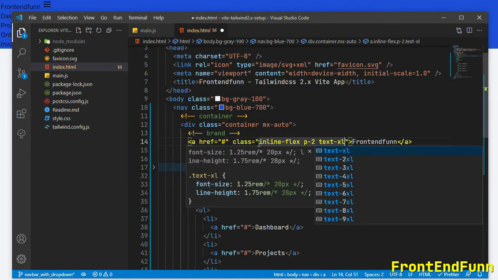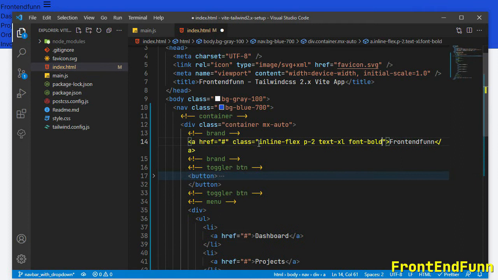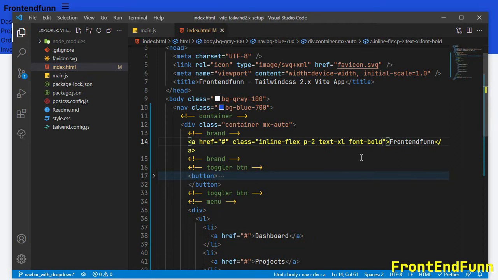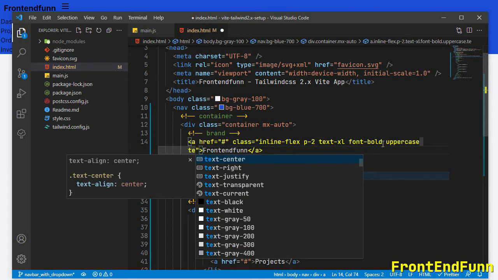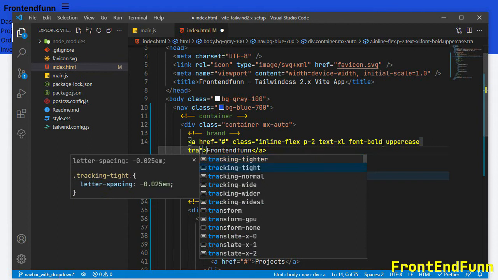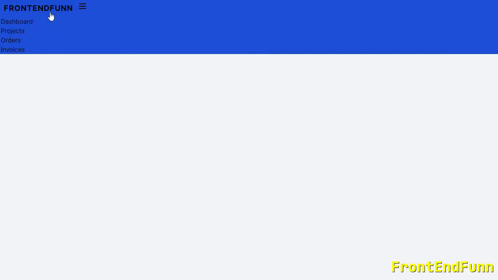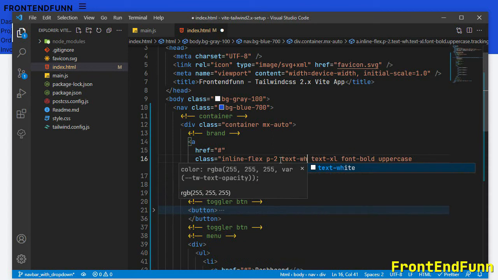Let's make the font big by adding text-xl and make the font bold. So I'll make them uppercase and tracking-wider. Let's make the text white, text-white.